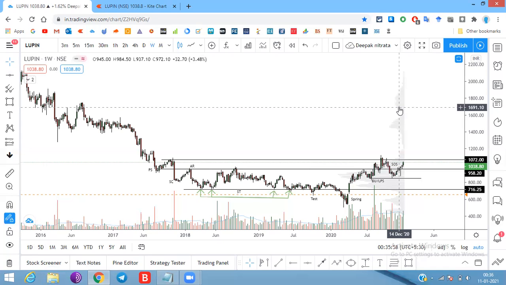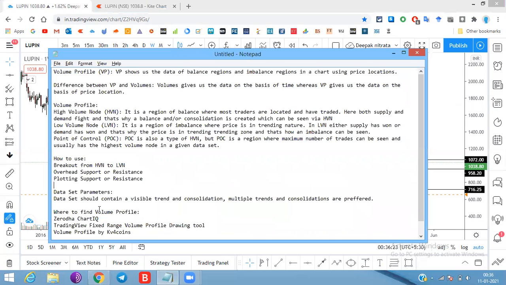Because the look back period and data set can vary from person to person. So in my opinion, if you have a trend and consolidation phase, that's really enough. Just take that data set, just take that look back period and enter it into your charts. Okay. So now after this video, I'll just cover this small thing, because I know many